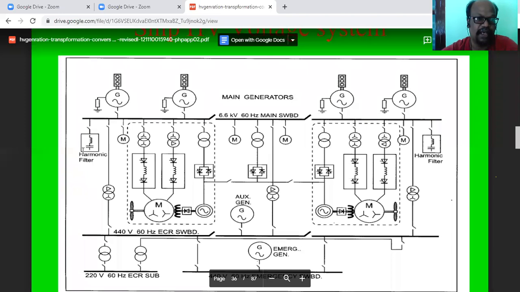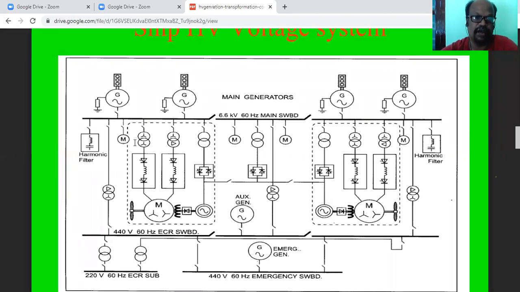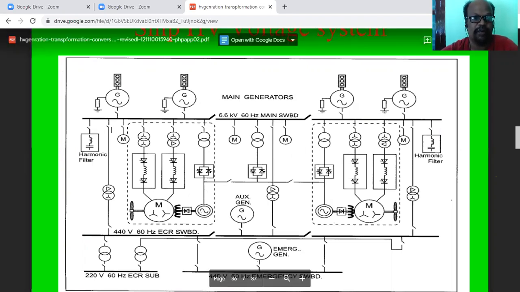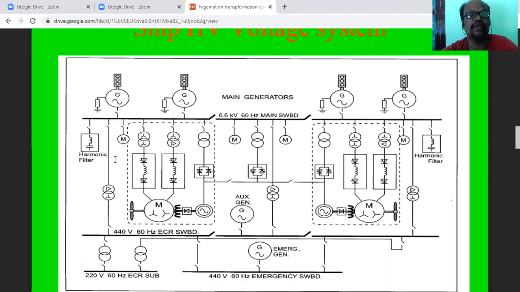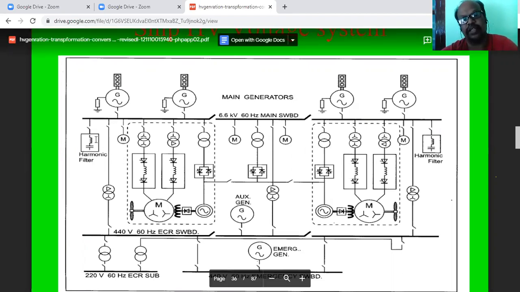Here, as we know, a huge number of power electronic switches are associated. So before we feed the motor, there is a need for harmonic filters also. The power supply should be completely free of harmonics. Either to the motor, or to the converters, or for the DC excitation from the alternator, whatever electricity goes into the system should be free of harmonics. That's why there are harmonic filters also.